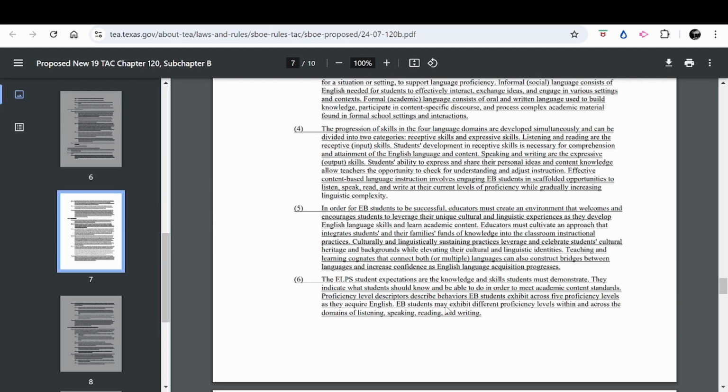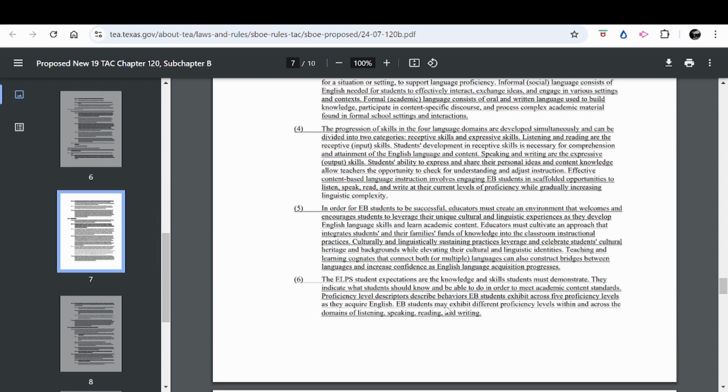Educators must cultivate an approach that integrates students and their families' funds of knowledge into classroom instructional practices. Culturally and linguistically sustaining practices leverage and celebrate students' cultural heritage and backgrounds while elevating their cultural and linguistic identities.